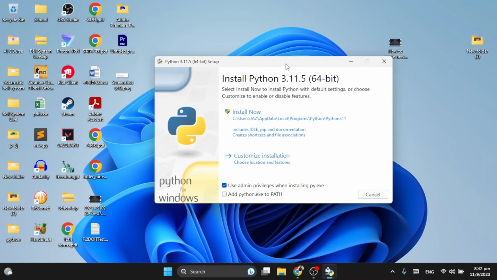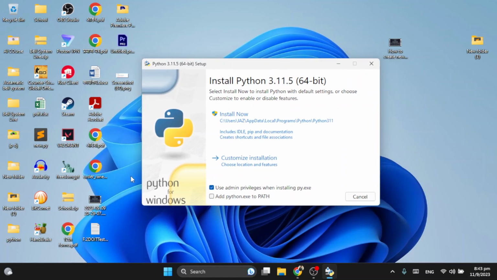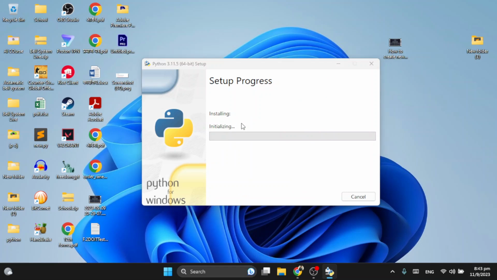After opening it, we will see a pop-up like this. So you want to make sure that you tick this Add python.exe to PATH. This is very important. And after ticking this Add python.exe to PATH, we are going to click on the Install Now button. You want to click Yes,